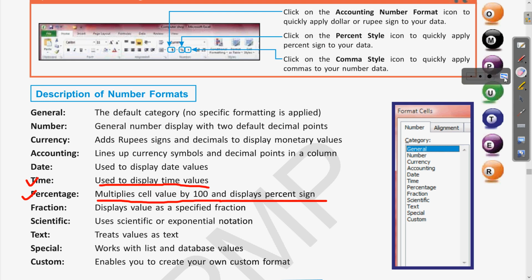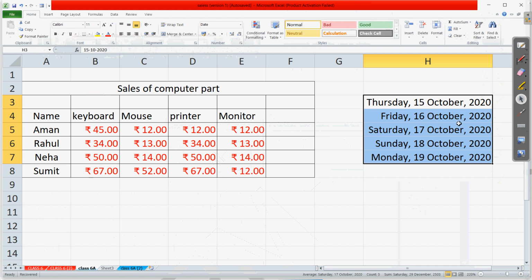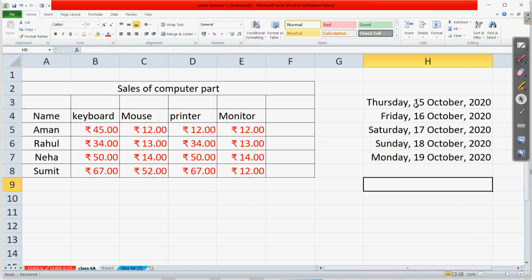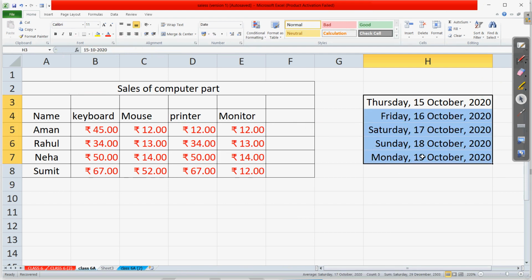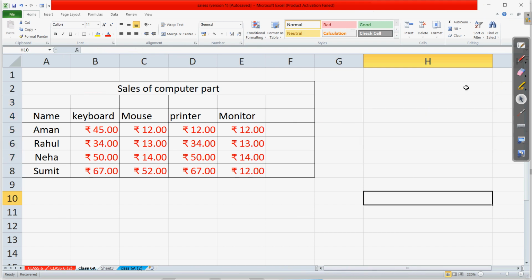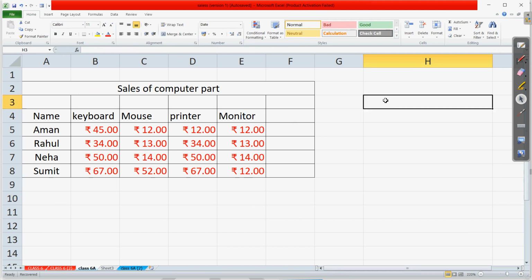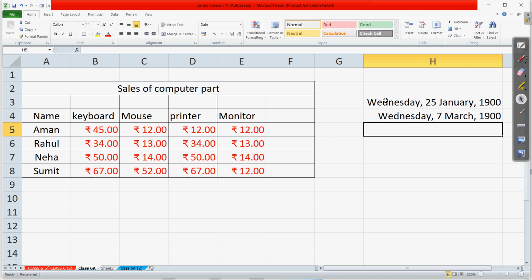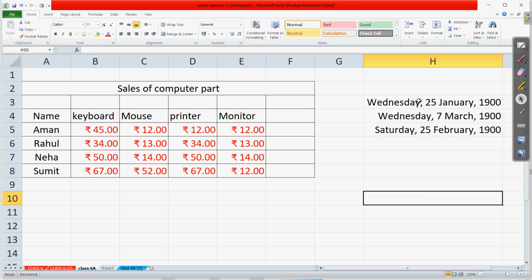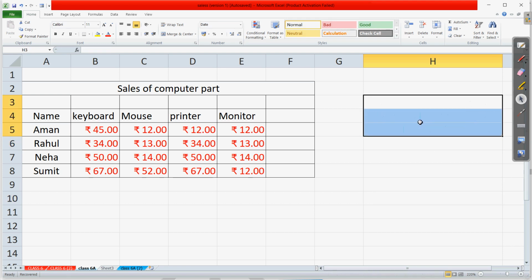So if I erase this, let us erase the numbers which we had written earlier. Now let us write a few numbers. Suppose I'm writing 25, 67, 56. Okay, so again it is appearing as a date.